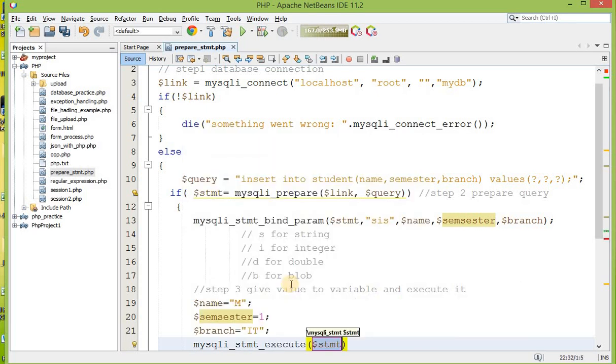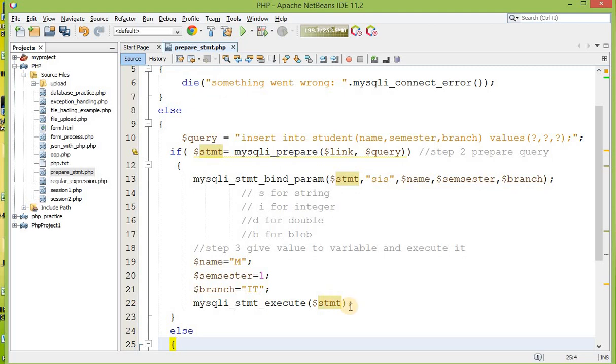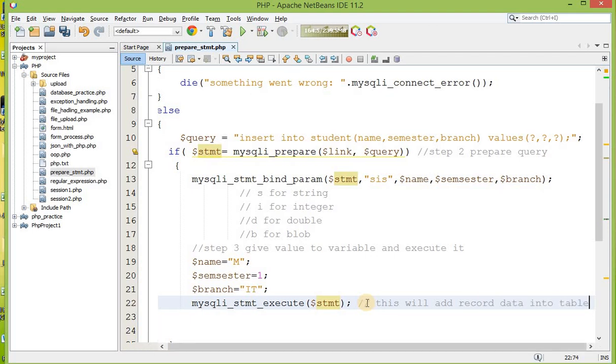Just execute this statement. This statement will execute, and actually this will add record data into my table.